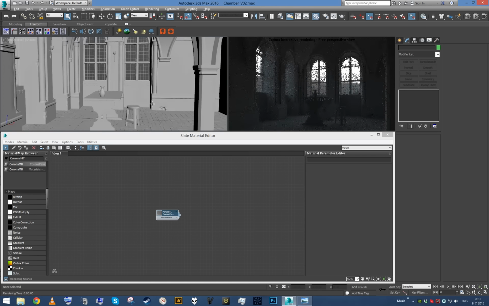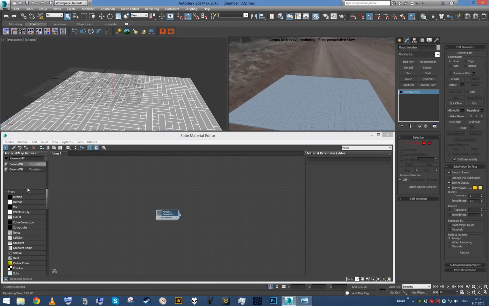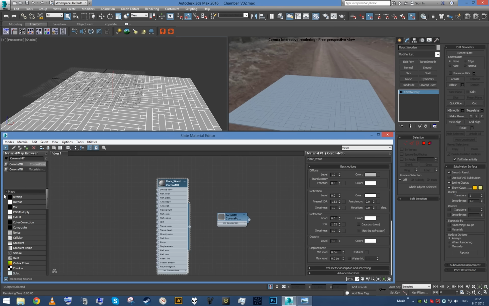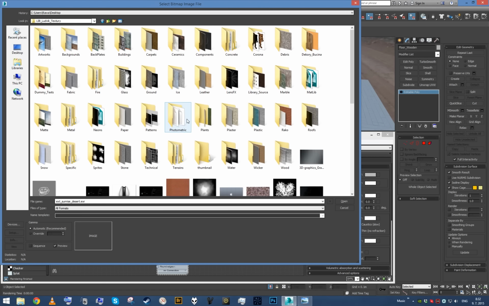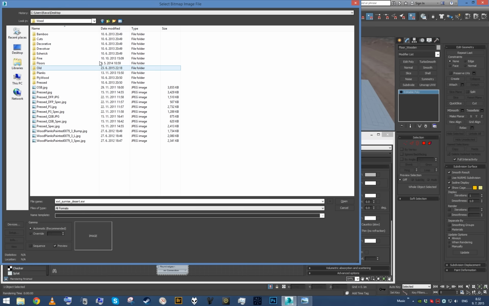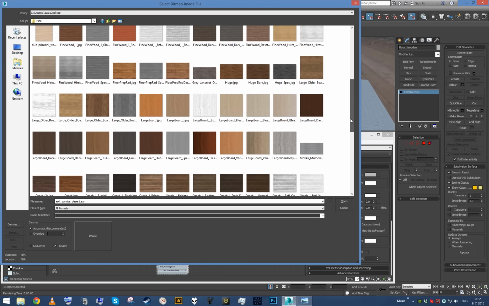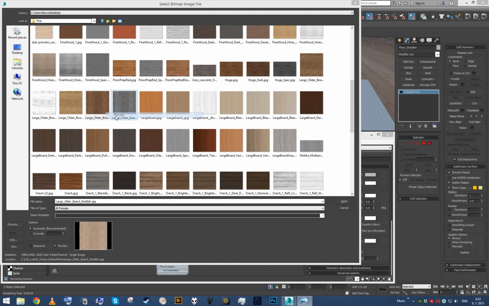Okay, so again, isolate our floor, then create new Corona material. Let's call it floor wood. Let's bring in a bitmap, and let's find something nice for the wooden floor. Something looking old and rough, which is maybe this one, or